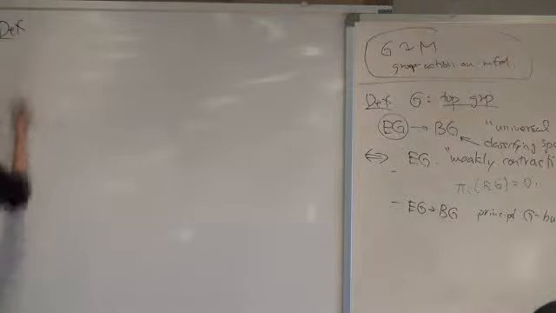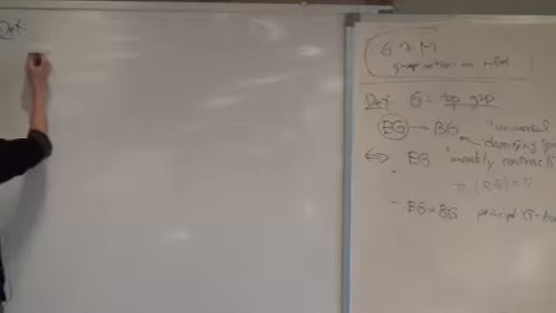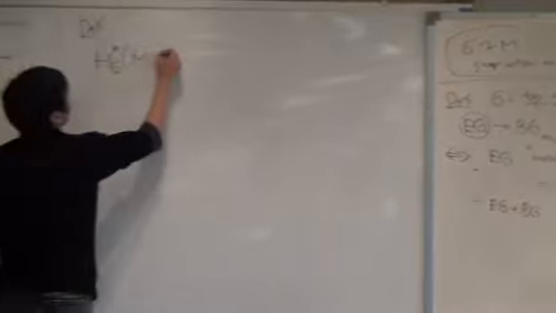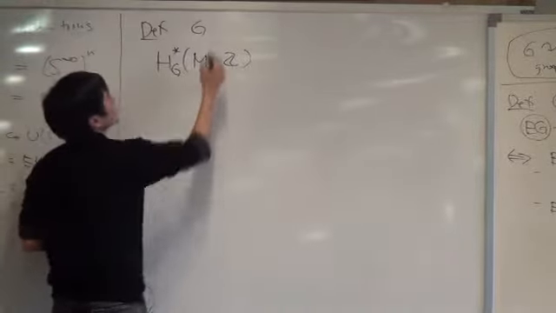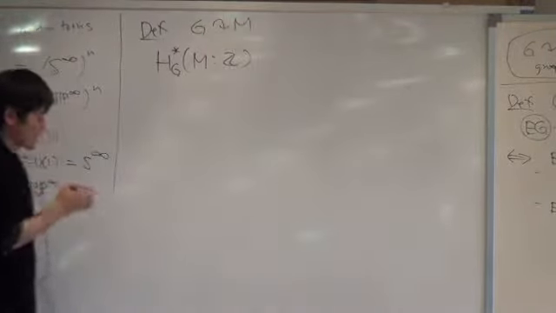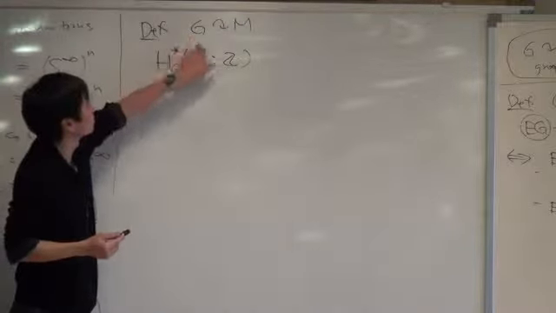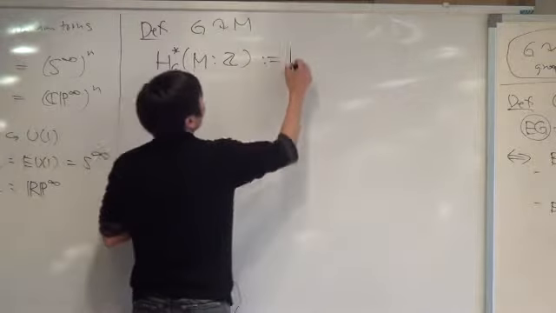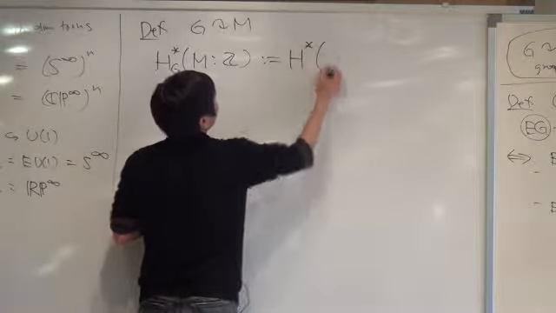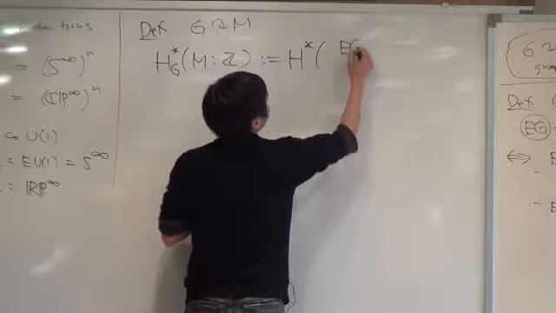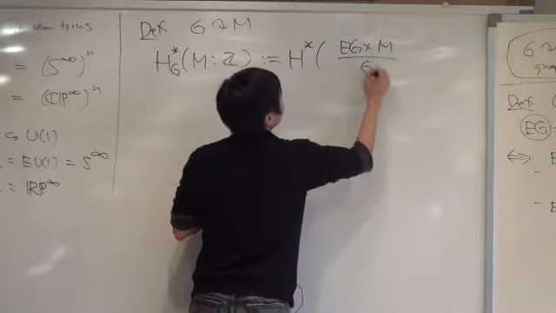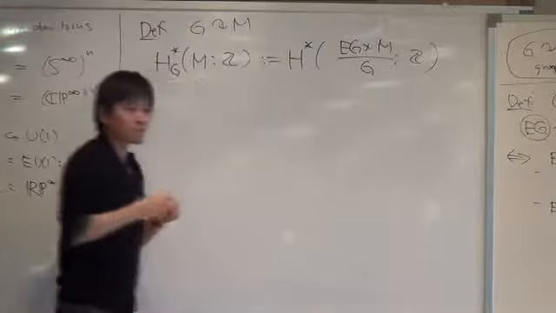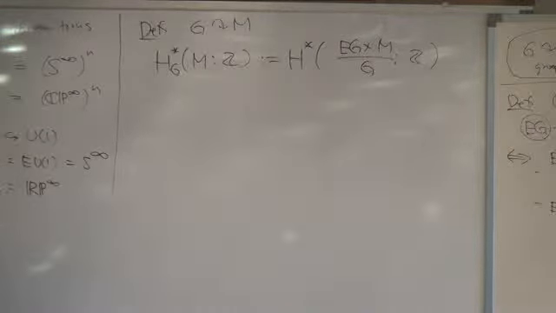That's what this equivariant cohomology does. So basically, we define this. So G acting on the manifold. In this case, just a topological group G acting on a topological space M. It's defined as the cohomology of this quotient. And this quotient is sometimes called the homotopy quotient, or usually people refer to this as the Borel construction of